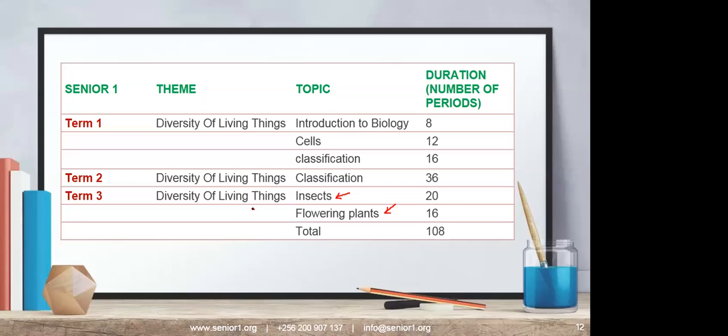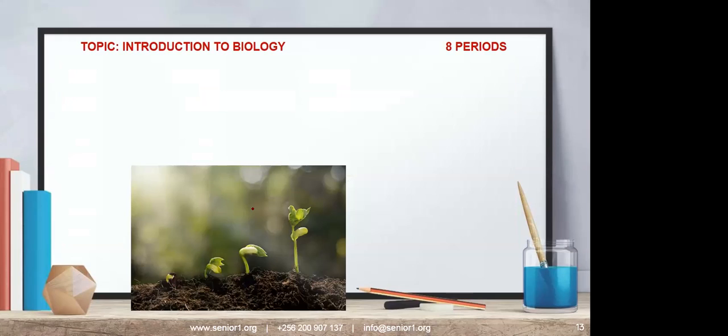Now let us go into topic by topic. When I'm introducing you in the introduction, you are seeing life. This was a bean seed which was thrown in soil, okay? And then after some days, 1 to 3 days, it begins thriving out. This is on day 2, you can imagine. Then day 3, this is day 4. Then after 7 days, you can imagine life has come out of soil.